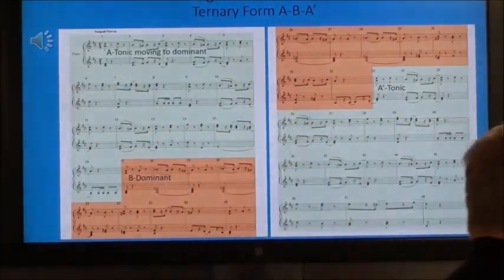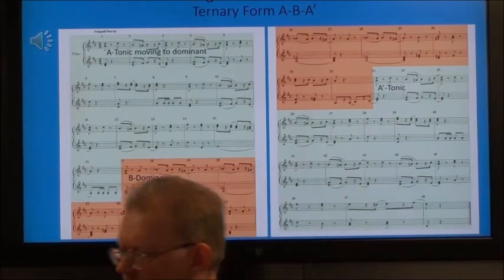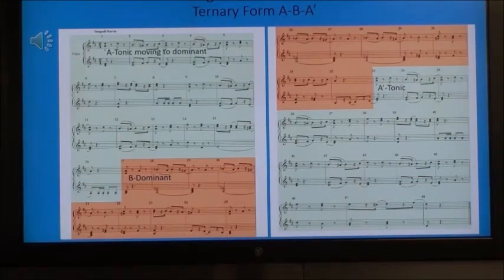All right, so the next step is we do the same thing for each section, right? We divide it into parts. So let's listen again and see if we can divide that. I'm going to play the whole thing, but what I'm asking you to do is see if each part divides into 2s or 3s or whatever.